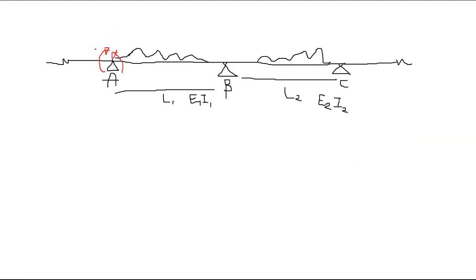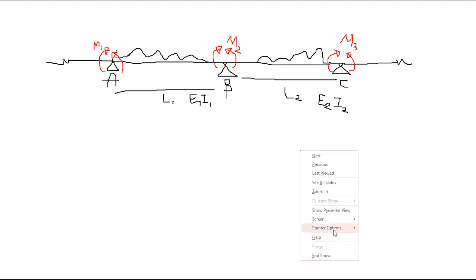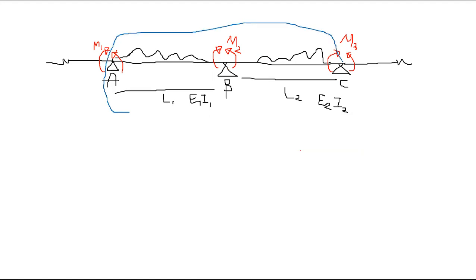sigma M is 0, right? Let's call this M1. Let's call this M2. Let's call this M3. Okay. So summation is 0, but these two are equal and opposite to each other, right? So for the equation, we only take this portion right here, right? So the equation we can write like this: